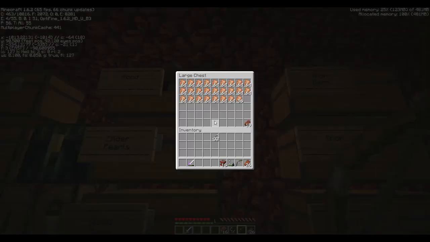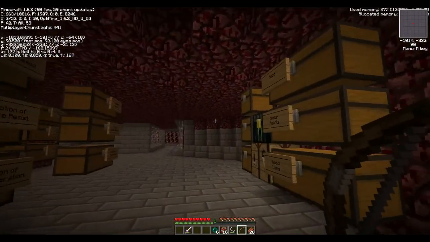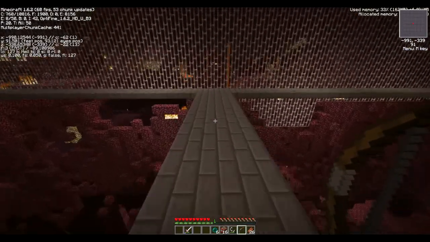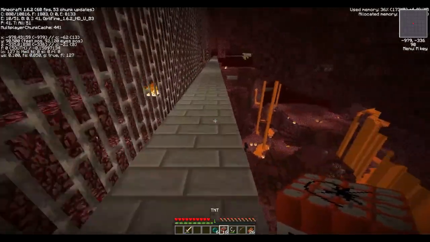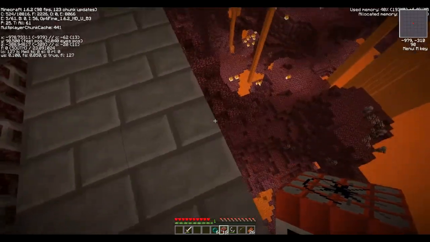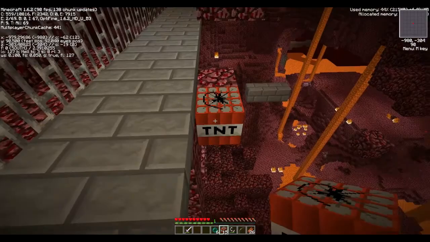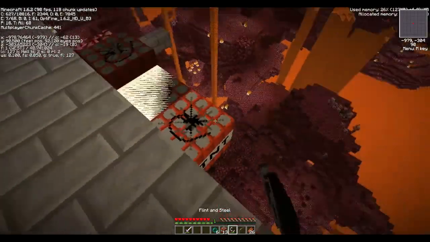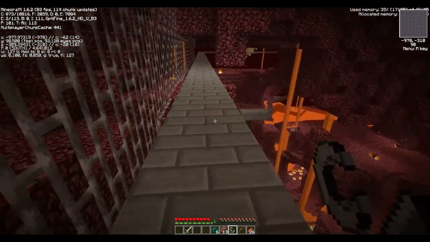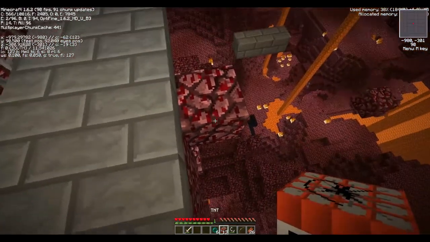I never take too much TNT with me because I always end up dying and it always ends up falling in lava. So I tend to not go too crazy with carrying a full stack or a half stack of TNT. It just ends up being a waste, in my opinion. So what I've been doing is I've just been placing some TNT and lighting it on fire. Oh, that's gonna blow me up. Oh no, I'm good. And just removing area below me like this. This works really well,